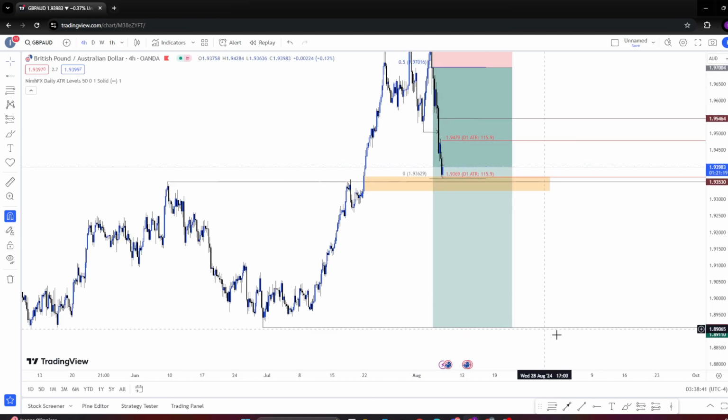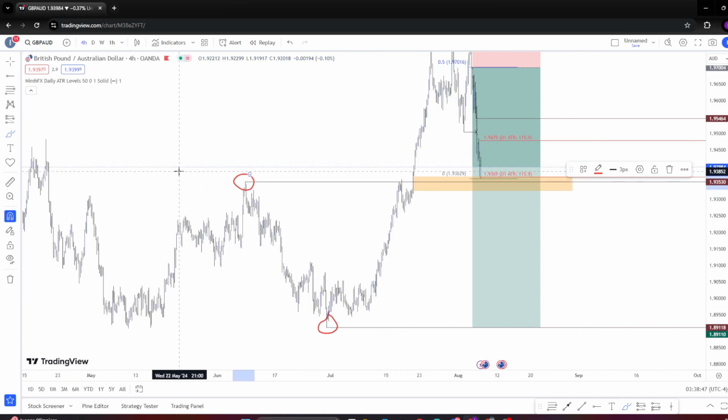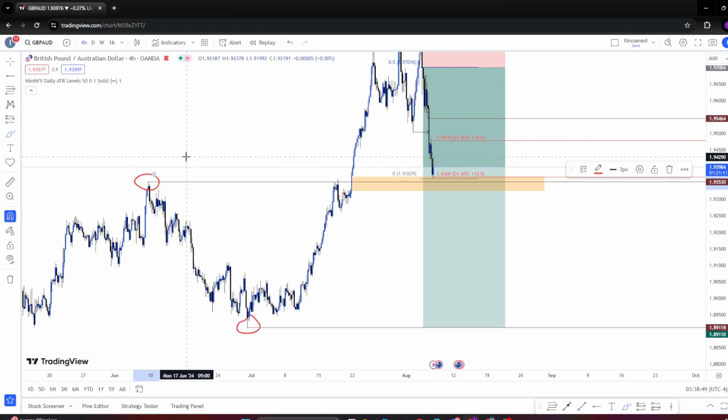with what everyone else is told, which is to place them above and below certain swing points in the market, right? We're used to using swing points as potential stop losses, and that is an idea that I want to debunk because it's not efficient, it causes a lot of slippage, and it causes a lot of frustration, right? The idea of using swing points as your stop loss is one of the worst things that you can do